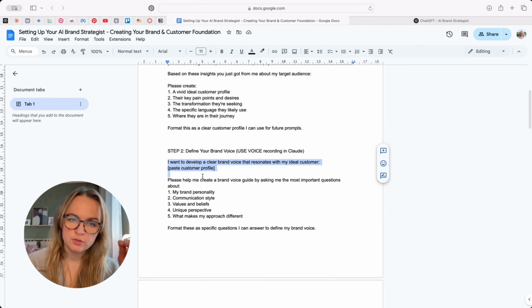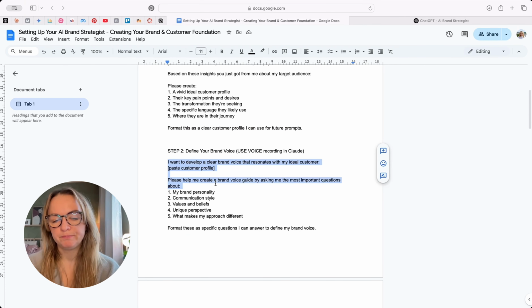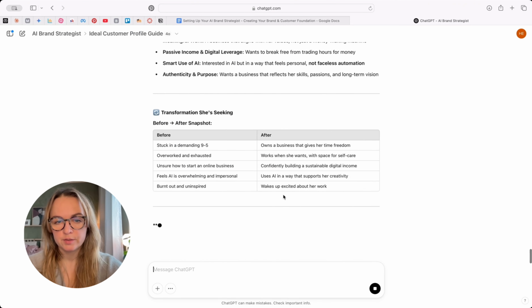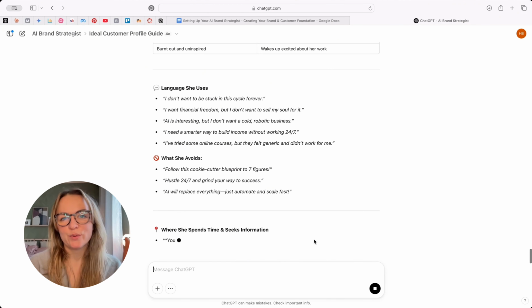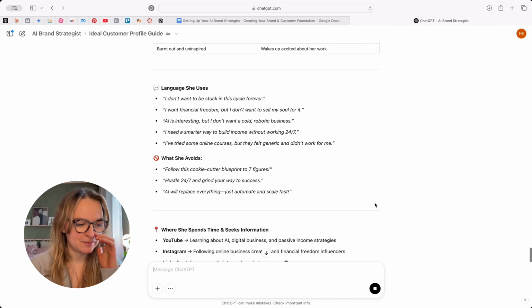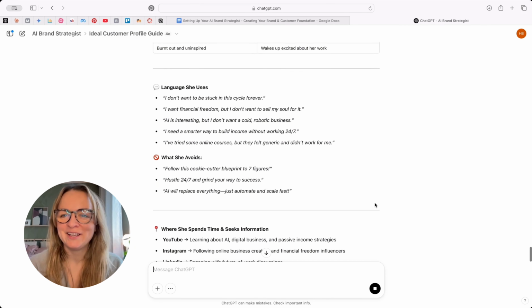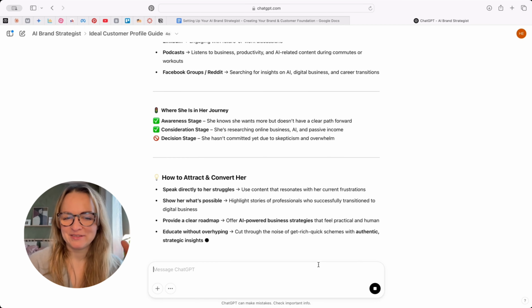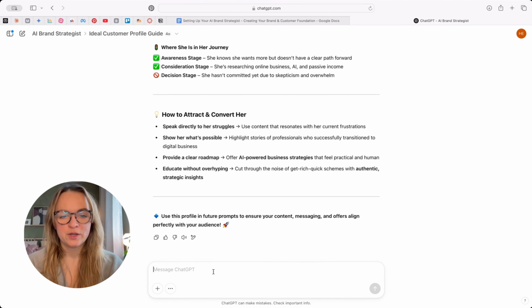Now we're gonna go to step 2, developing a brand voice. Here I would use the voice recording in ChatGPT. It's quite incredible how I often feel, oh my God, we're taking too long. Before, to hire a brand strategist and to have this conversation and to get this output, what it took so far, it's gone 3 minutes and I'm already feeling it could get better. Why is it so slow? It just speaks to how fast we commoditize a lot of things.